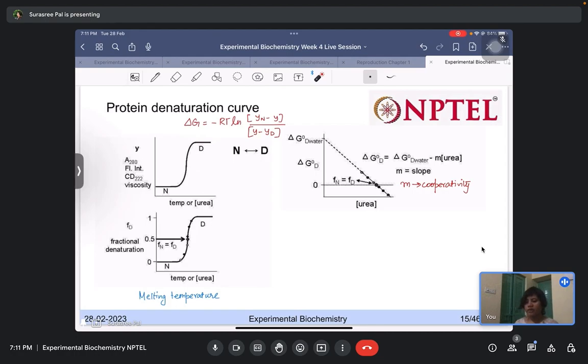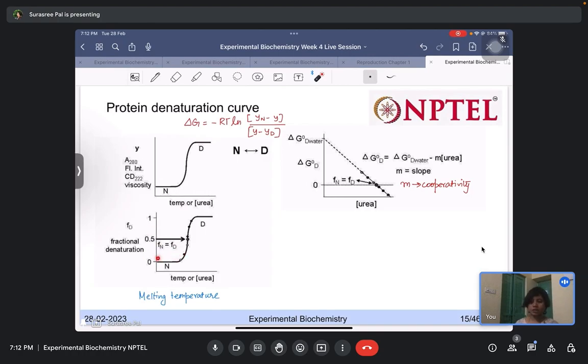Now if we plot fractional denaturation, so that is how much denaturation is happening with respect to the temperature or urea concentration, then the highest value will be 1 when the protein is completely denatured, that is this particular state, and when the protein is not denatured at all, that is the value 0. So at the middle of this graph, that is at the value of 0.5, the fraction of protein which is denatured and the fraction of protein which is in its native state will be equal, right? So Fn equals Fd, the fraction of protein in native state is equal to the fraction of protein in denatured state, and that